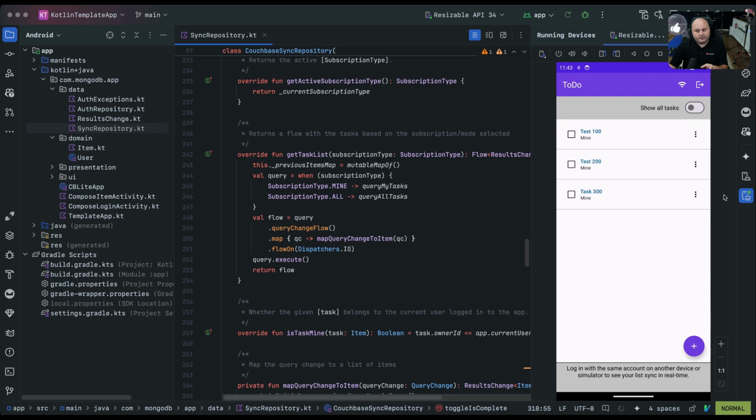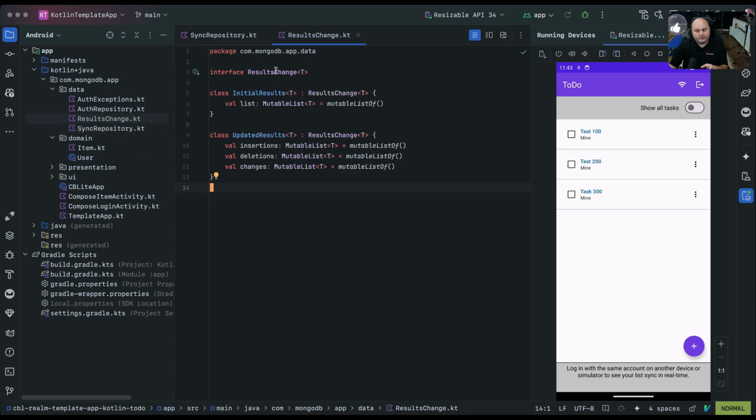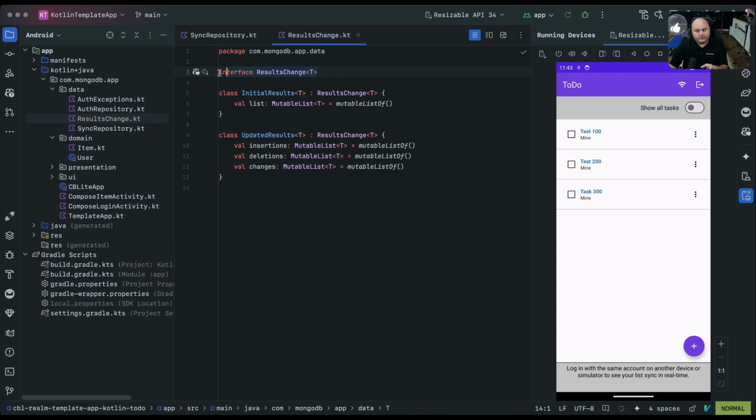Now, I didn't want to change this application away from that data because, honestly, that animation, like I showed you earlier, is pretty cool. So how do we do that then? Well, my answer was I just looked at the Realm SDK to figure out what the signature was for the results change. And I made my own version of it that's very similar to theirs. It's not the full API, but it's enough to get me back. So I made an interface called results change. I went through and made an initial results just like their SDK does,